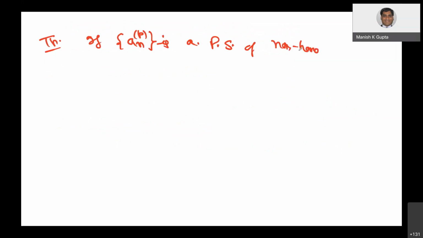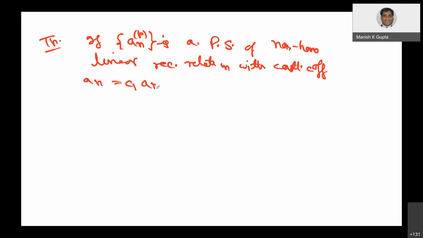Our theorem says that if a_n^(p) is a particular solution of the non-homogeneous linear recurrence relation with constant coefficients a_n is equal to c1 a_(n-1) plus dot dot dot plus ck a_(n-k) plus f(n),